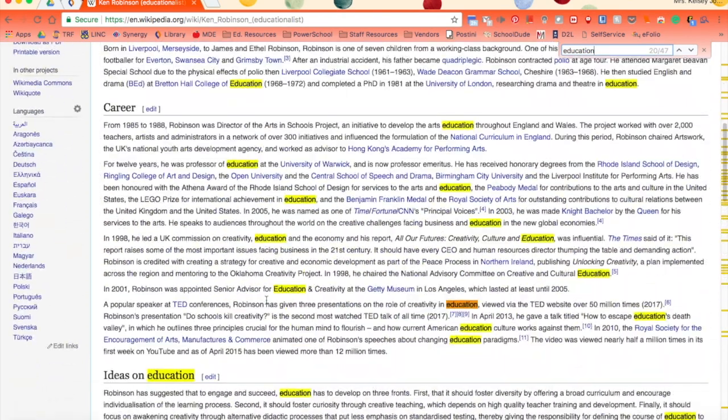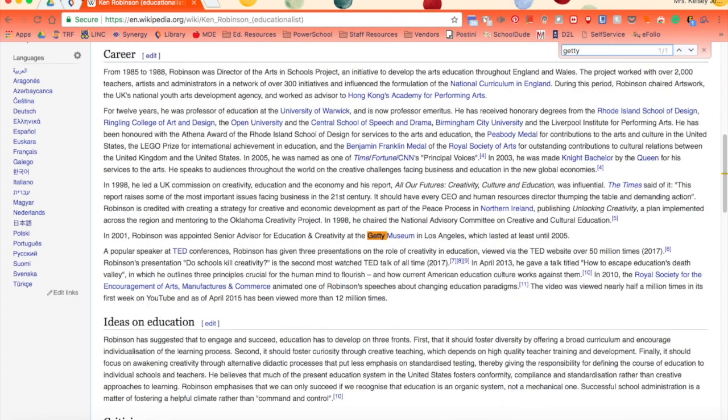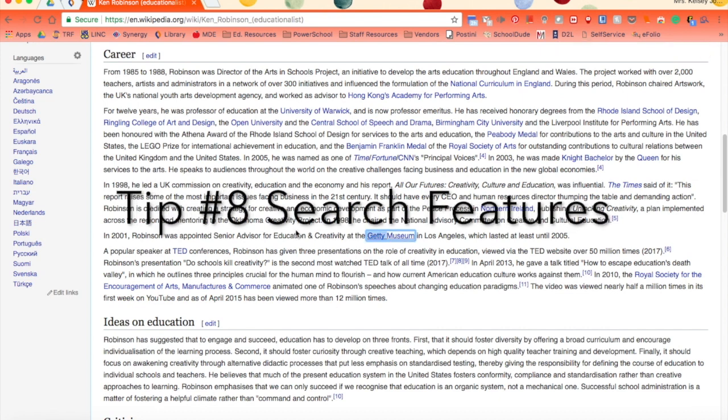Okay, so it is always great to make sure you are typing in something that's a little bit more detailed so that you can find your results. The next thing I want to talk to you about is the highlight search or copy and paste search